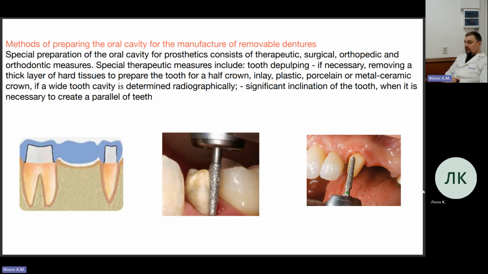So what else? Parallels. If you have to prepare for a bridge or crown with burs on a tooth or teeth, remember about parallels, as I said. For the bridge, all the teeth should be parallel. If one tooth is going one way and another like that, your bridge is not going to be placed normally, geometrically. Food is going to get stuck there. Bad smell, bleeding, all the problems you're going to get later if you don't prepare the teeth parallel to each other.